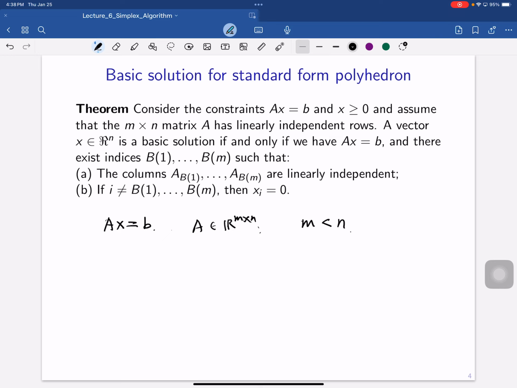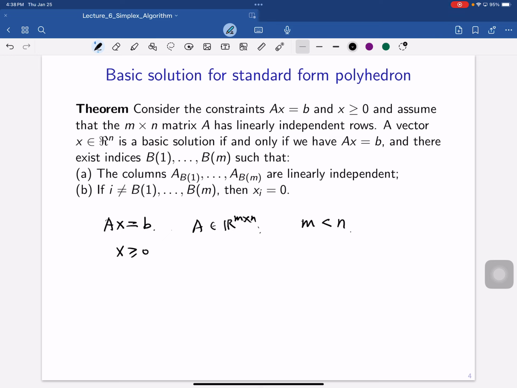So there's some degree of freedom. Yeah, so there are some degrees of freedom, right? Otherwise, you have a unique solution or you have an infeasible system, okay? Just to refresh your memory, okay? And then besides this linear equality constraint, we have some linear inequality constraint x greater than or equal to 0,